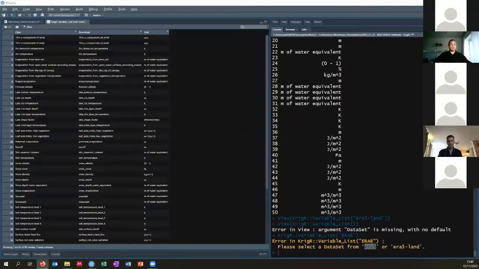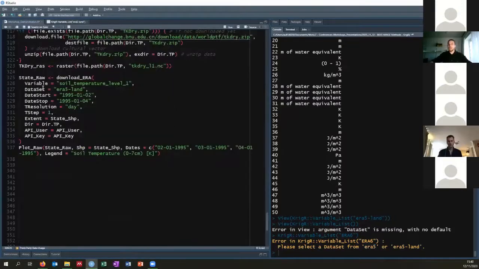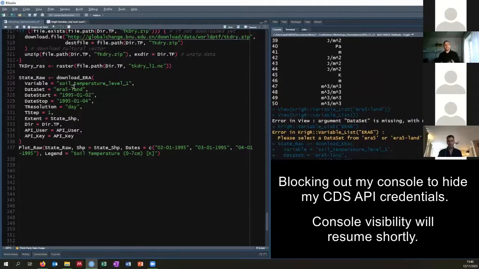Now, moving away from this to our actual code, you can see that we again want to look at my birth period right here, again days and so on, everything the same way as previously, but this time we are looking at soil temperature at level 1, which is soil temperature in the depth range of 0 to 7 centimeters. Another nice thing that a reanalysis dataset gives us is that we can get these soil properties